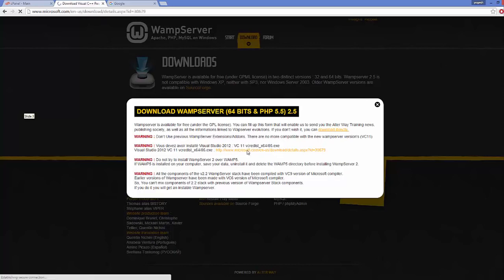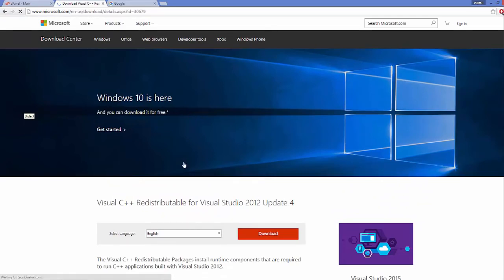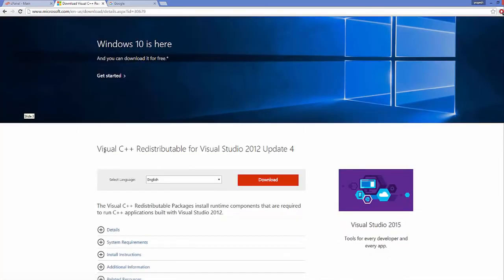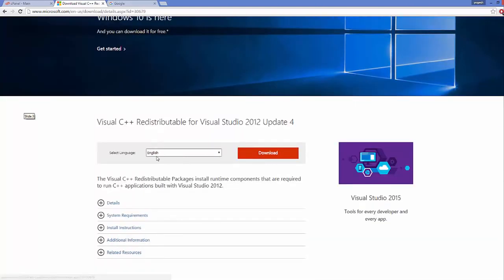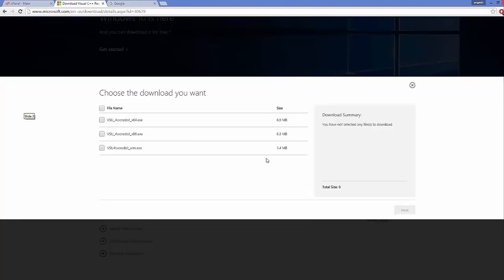So just click this Microsoft website link, and in here you can see we are going to install Visual C++ redistributable for Visual Studio 2012 update 4. Okay, select your language and click download, and in here we are going to check this first option, which is for 64-bit operating system. If you have 32-bit operating system, you can choose the second option, or if you have ARM device, you can choose the third option. So in our case, we are going to choose the first option. Then click next,